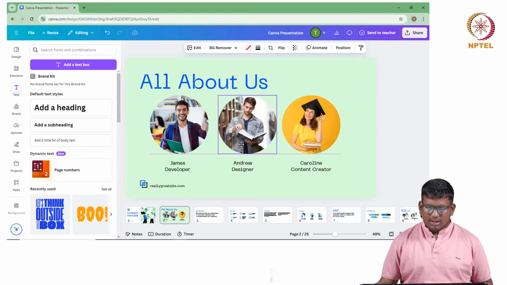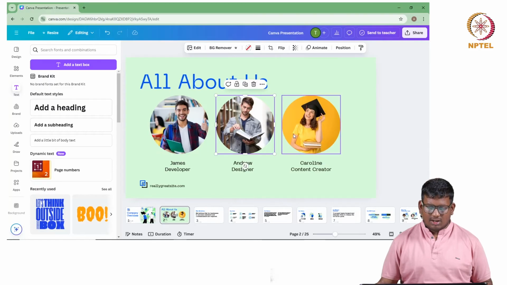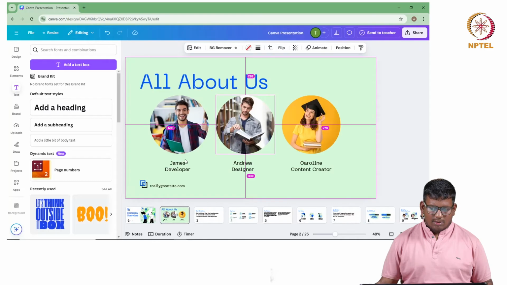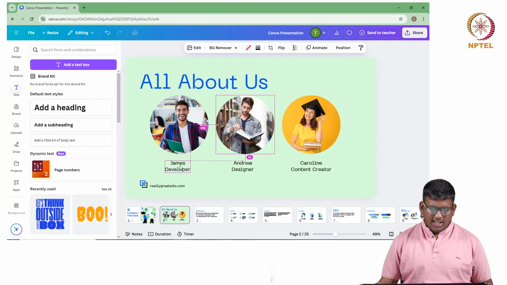I can move it a little bit. Yeah, and you can see the spacing from here also. Right now it's center, I guess. Let's see. It's 56 from, okay. When you want to see the spacing from the other elements, you can just press Alt on it and move your mouse around it. From the text James developer, it's around these dimensions, and from the first image it's around 56, and from other images also around 56. So it's centered according to the images.